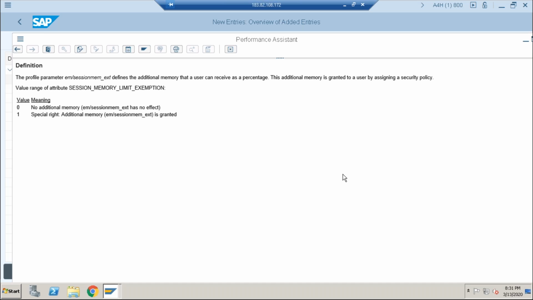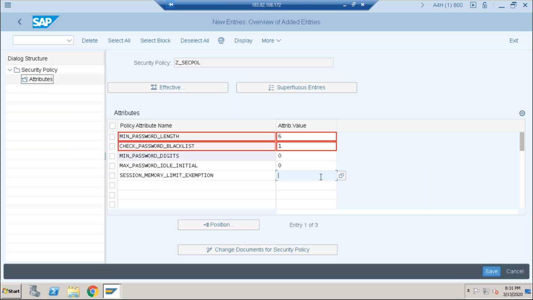Again, the minimum value, and here no additional memory, the specific memory; the user is specified memory-wise. Now click on save. Above is effective and below your options is not effective.